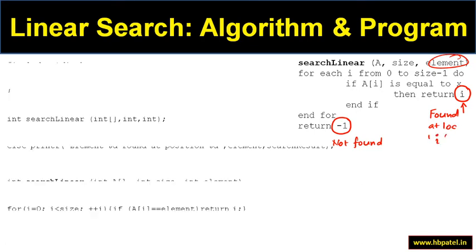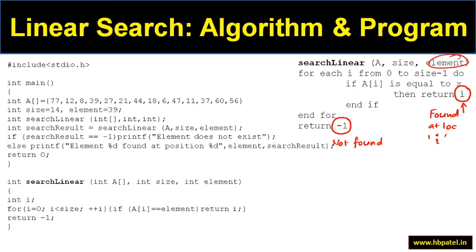Let us try to understand the program. So the program is again very simple. We have, let's say, array A. You can even read it from the keyboard, and there are a total of 14 different elements in this. So the size of this array is 14. You can have n number of elements, not an issue. And now we are looking for a specific element. So we are looking for 39.